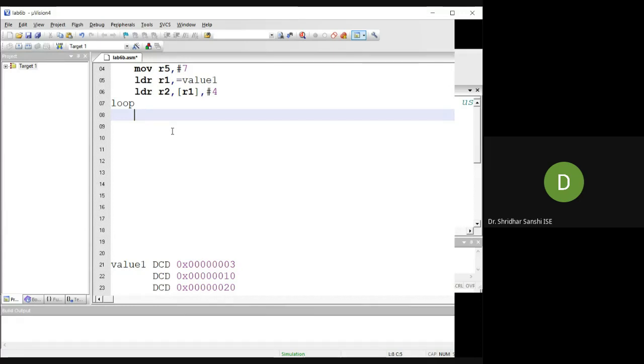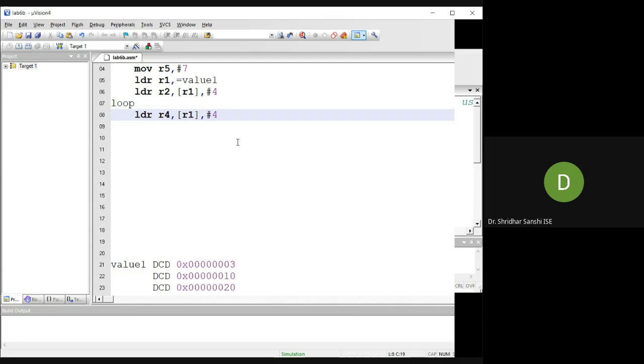So how to store the next element? R2 has the first element, so I need the second element. I can take it with LDR in any other register, say R4, from the address. Then I need to point to the next element, so again hash 4.